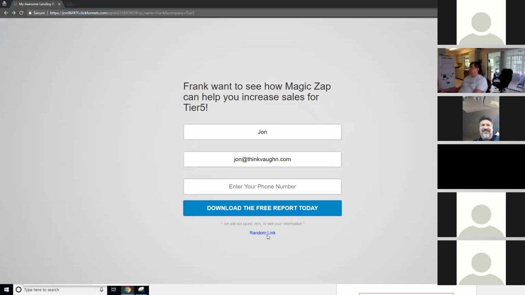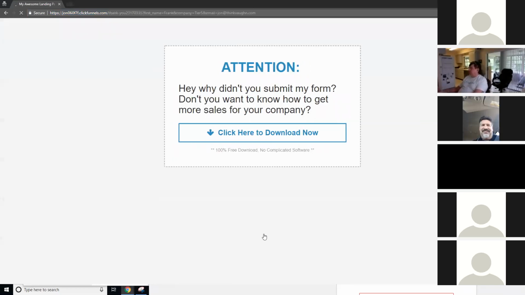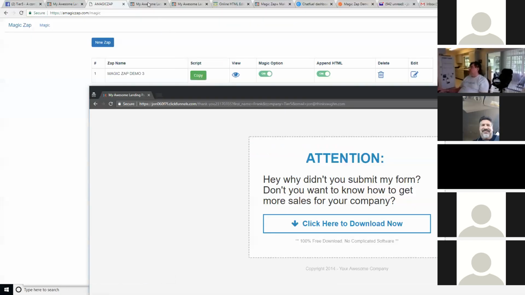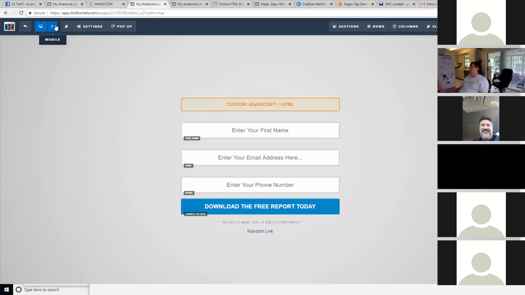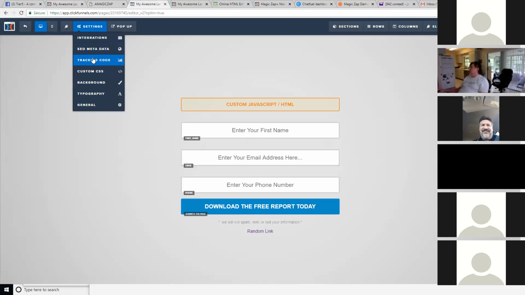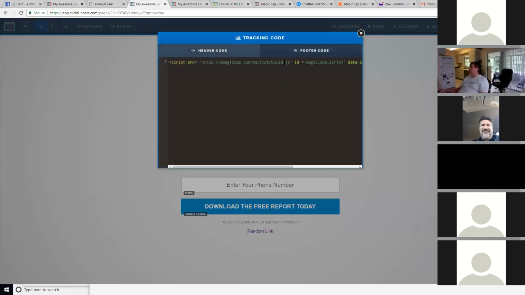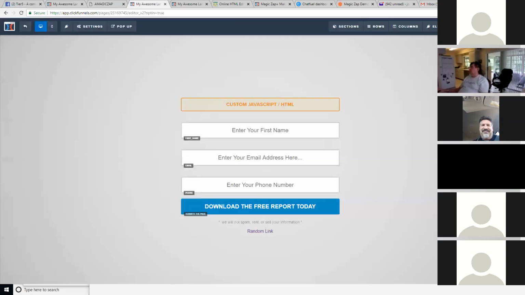But now you can see if I click on that random link, you can see it doesn't work. And the reason that it doesn't work, if you want to know why, is because this code right here is only in the footer of this page. So I'm going to take this off of the footer of that page,